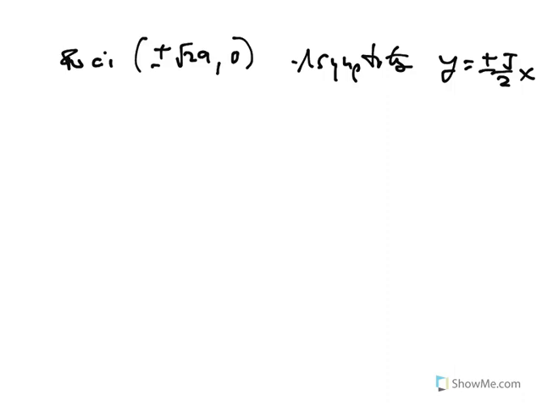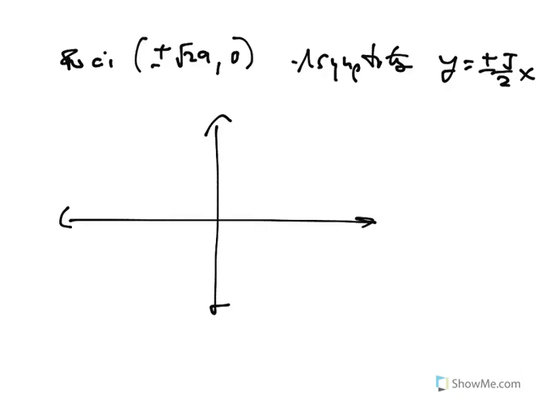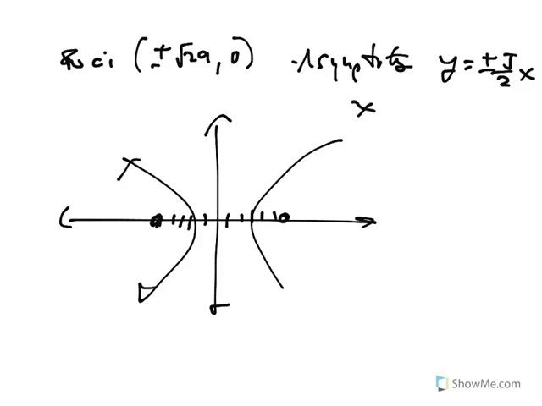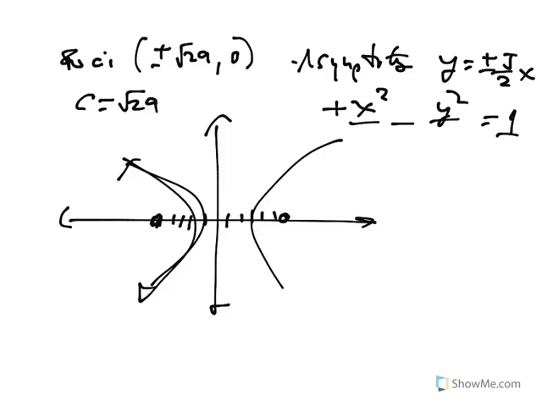Another scenario is if I'm given the foci and the asymptotes. This one's harder. 20 square root of 29 is 5 point something. All we can really do is kind of go like that right now. So we don't know a lot of information. We know the center is at 0, 0, so that simplifies things a bit. It's a left-right hyperbola, so we put a plus here and a minus there. But unlike the last example where we knew A, in this one we don't know A or B. All we know is that C equals the square root of 29. But we're told these asymptotes are